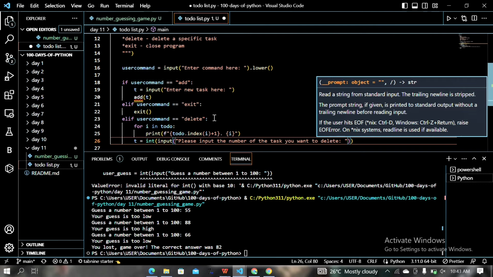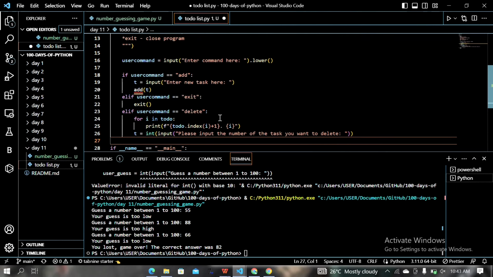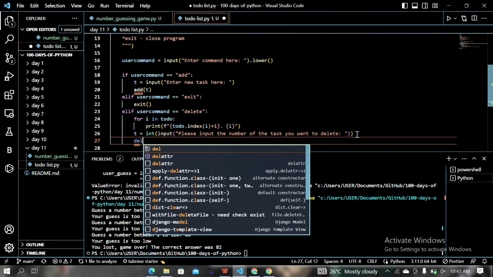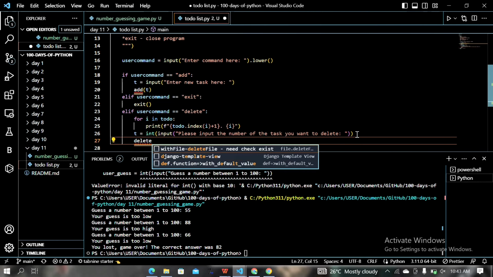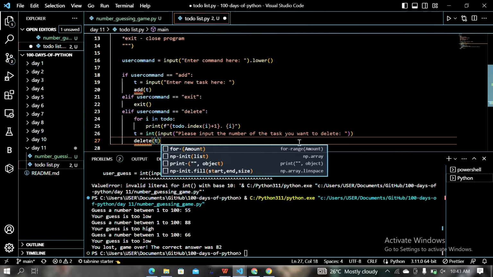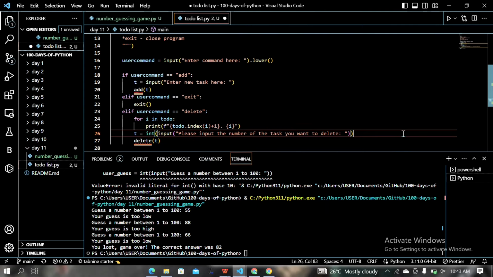Yeah, then we're just going to pass that into our delete function, which we haven't created yet. We're going to create all these functions very soon. So what else? We have done delete, we have done add, we have done exit,